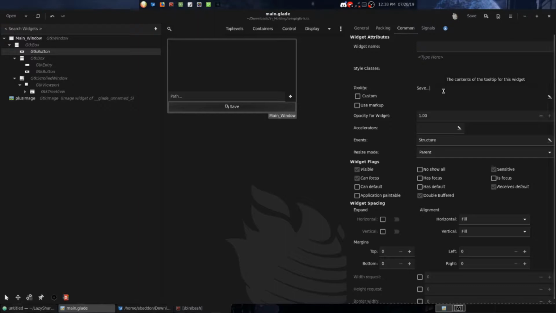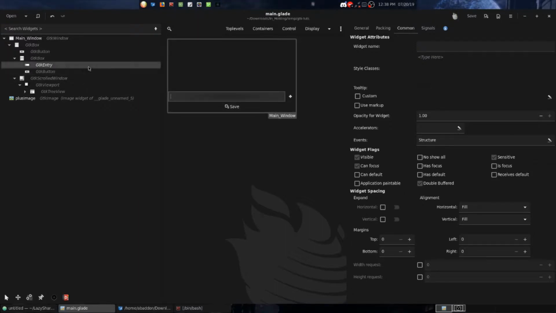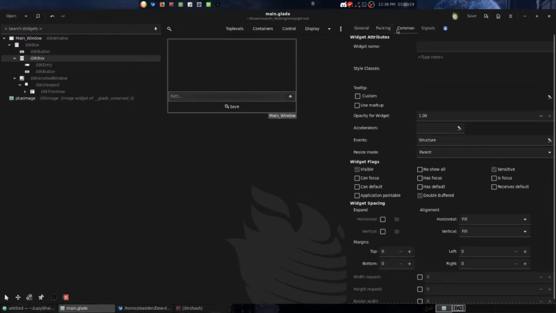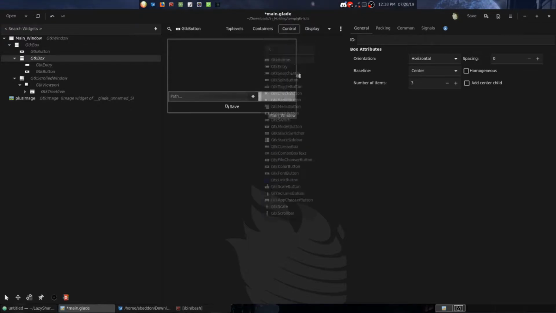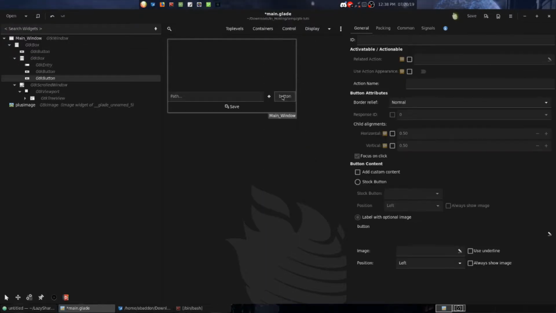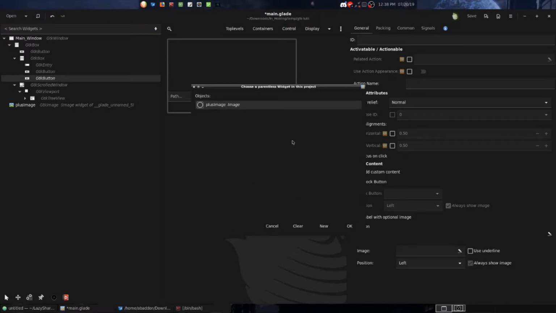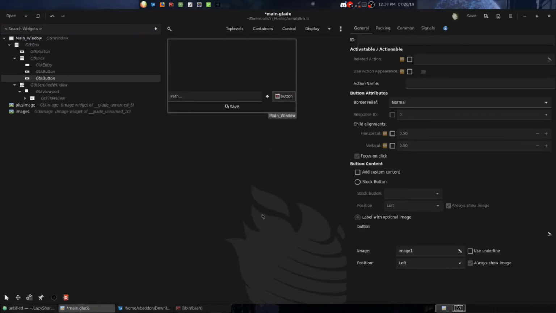Okay? And in fact, one more thing I want to add to this particular container is going to be a delete button. So I might as well go ahead and add that as well. I'm going to expand the number of items to 3, and add another button here. And then from there, we're going to do, yet again, always show image, and then add an image, and we're going to remove that text as well. So we're going to do new. I'm going to get rid of the text here, and then from there, for the image,